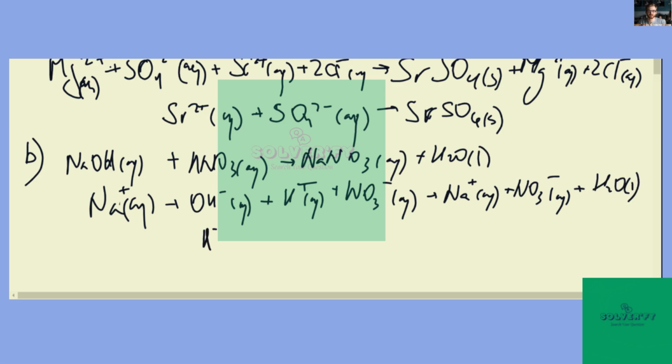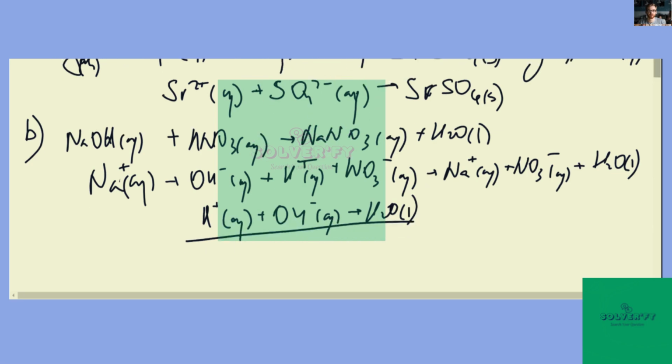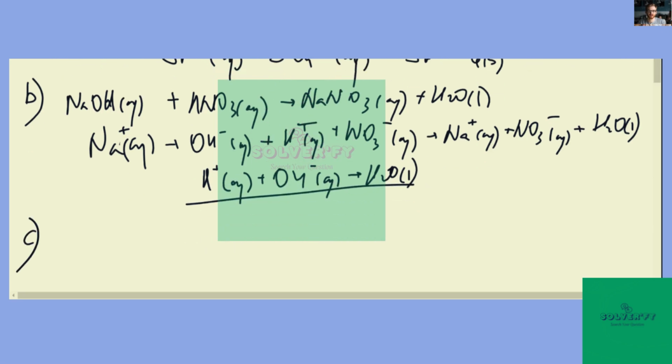So at the end of the day, that's a reaction between H+ and OH-, forming water. So now let's move on to the last part, which is the reaction between sodium phosphate and iron chloride, which forms solid iron phosphate